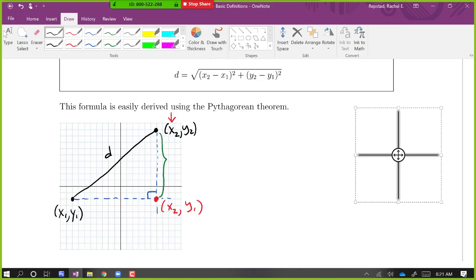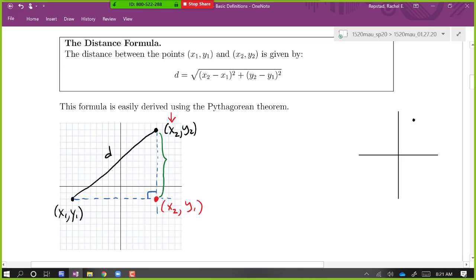Like, if I had a couple of points, say this was the point (2, 5), and this was the point (2, -1). How would I figure out what that straight line is? I know it looks a little slanty, but imagine that it's perfectly vertical. What should that distance be? Say that again? It seems like I heard somebody suggest a result here. 6. Why 6?